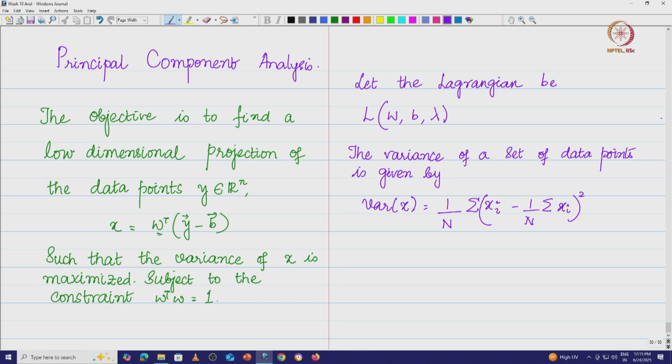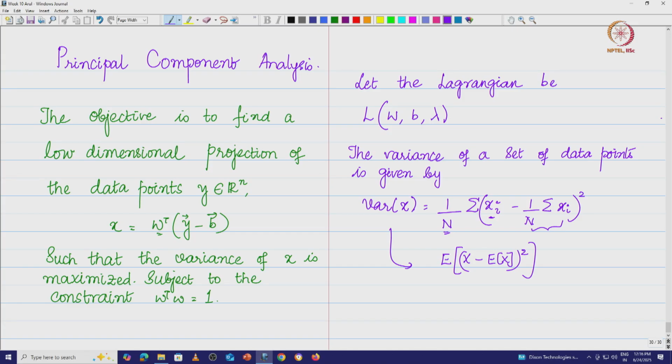This is the variance. What is this? This is basically the expected value of x minus x bar, the whole square. If you recollect the expression for variance, it is going to be x minus E of x, the whole square. This is what we have. X is here, E of x is here, the whole squared, and the average is going to be 1 by n, right. So, this is what we have.